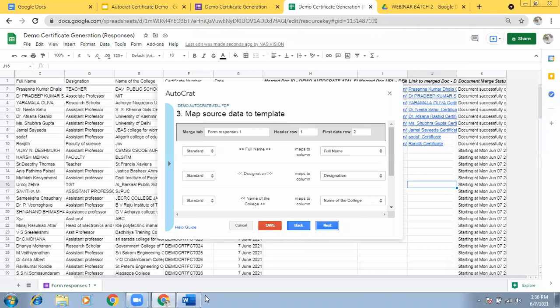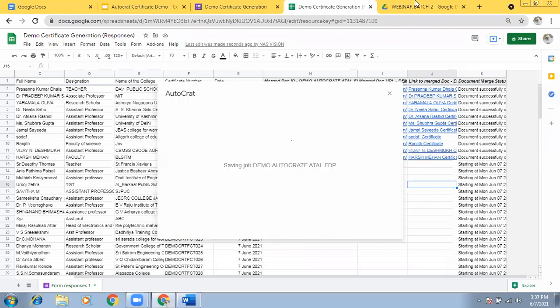If we don't want to use this template, and we have designed our own certificate on PowerPoint or any software, can we include that and use this AutoCAD option? Yeah, ma'am, actually I did not go for designing the certificate. Here, wherever you need the full name, you have to use this syntax.